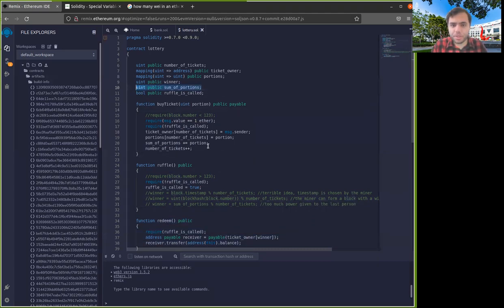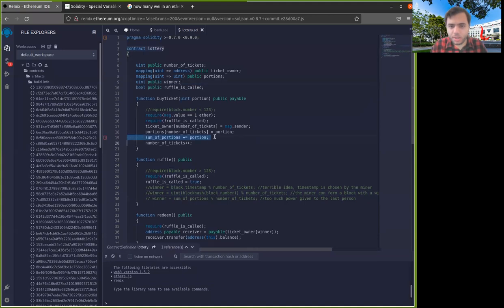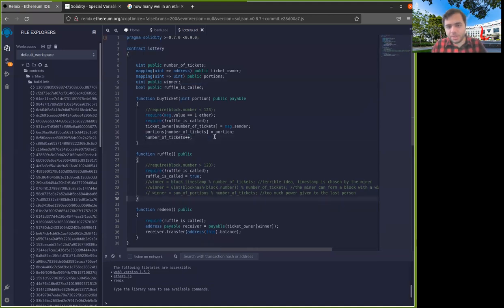Okay, so let's remove this sum of portions idea. Generally, you see that we have to do some sort of game theoretic analysis. We have to constantly think who has power to decide what's happening here. It's not good if the miner has the power. Of course, it's not good if one of the participants has this kind of power. So I don't like this one either. How can we solve this? How can we make sure that people cannot predict who's going to win and choose their portion accordingly?